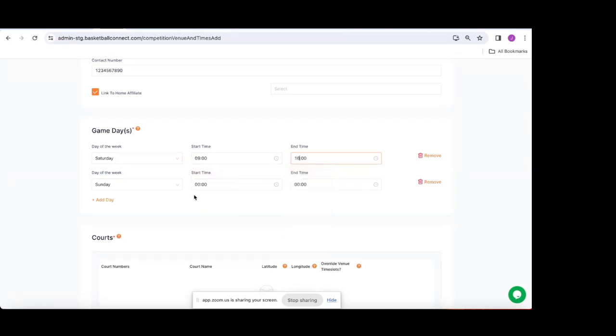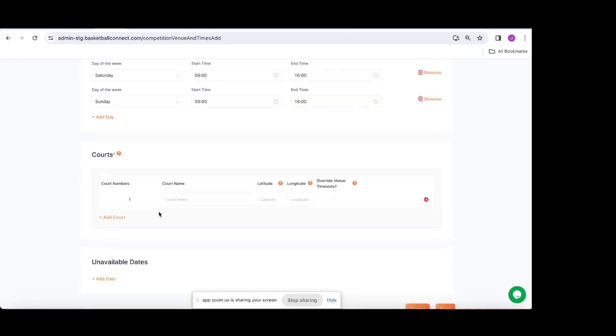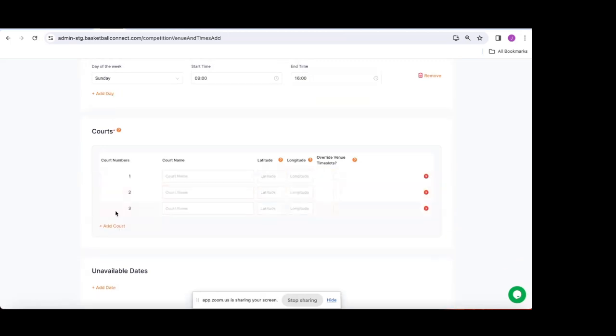Once you put in those details, you then do need to put in your court. So that's a very similar process to adding in the game days, but you're putting in each of the courts that your particular venue has to offer. So you can see here that there's a little add court option. As you select add court, you then see that this is court 1, for example, and we can select multiple courts. So we're going to go through the process of adding in a couple of courts. You would then put in the court name